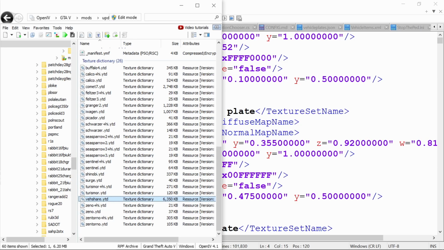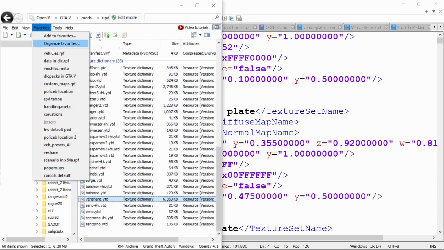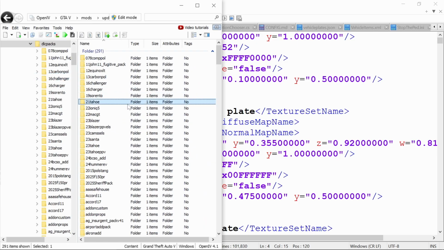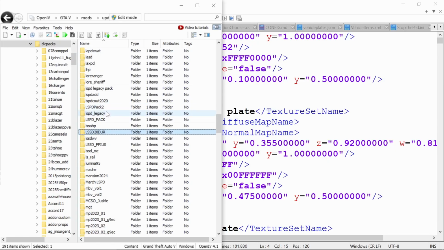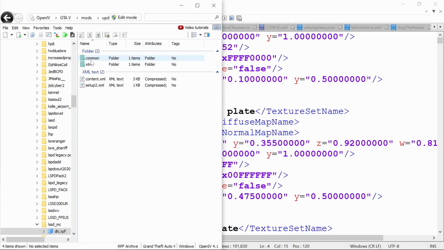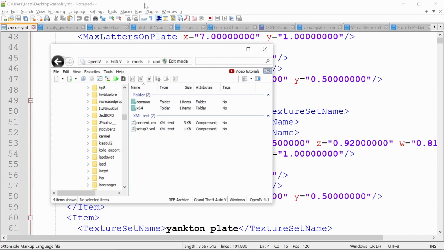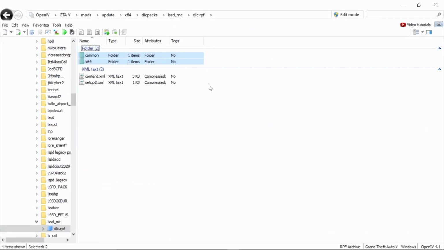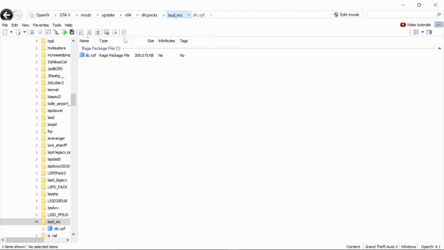Here we're just going to go to an add-on car and take a look to see what we have. So let's go to dlcpacks. I made an add-on pack for the Los Santos County Sheriff's Department. So let's go ahead and go to my LSSD pack that I've created. And then I'm just going to open it up. Once you open the pack, I'll make this a little bit bigger so you can all see. dlc.rpf,